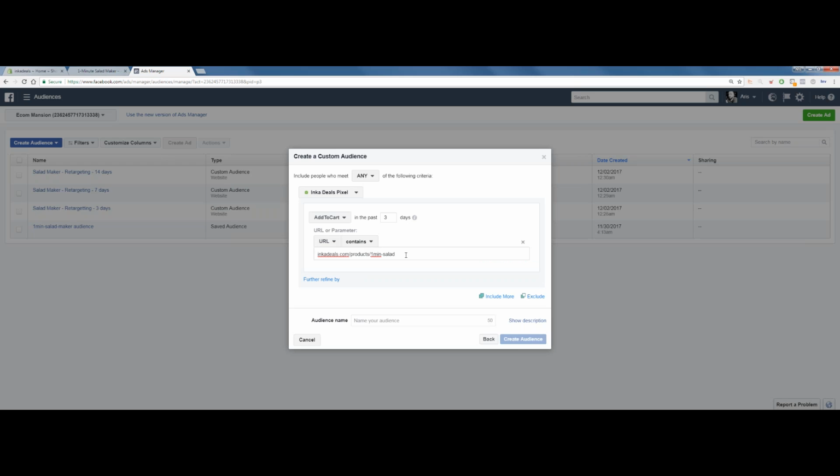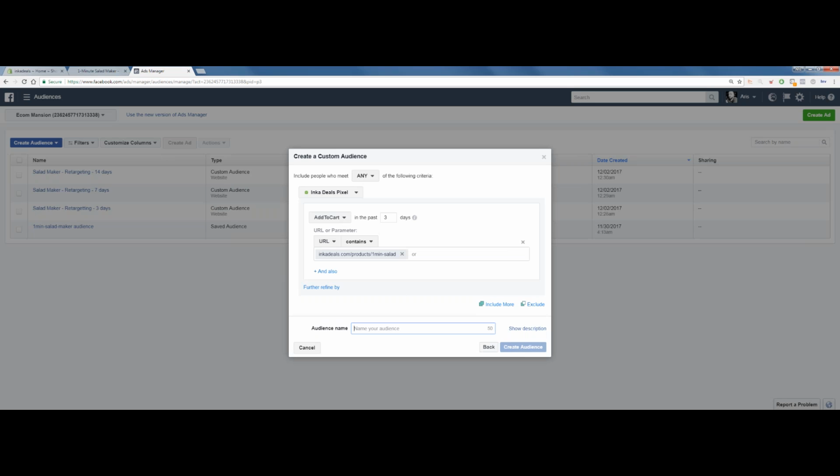We need to set exactly what product they added to cart. So they went from this page to the add to cart. And we are going to name it salad maker, retargeting, 3 days,